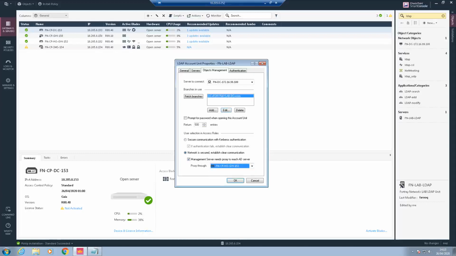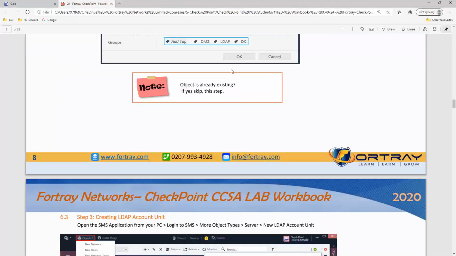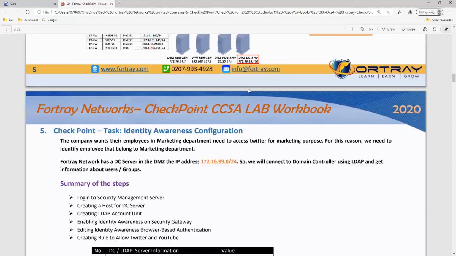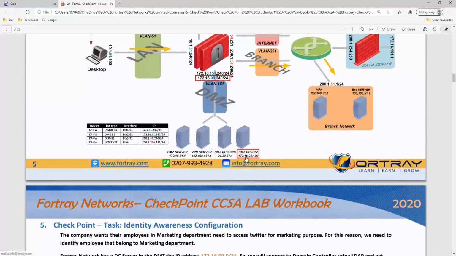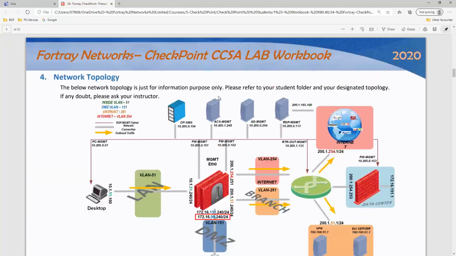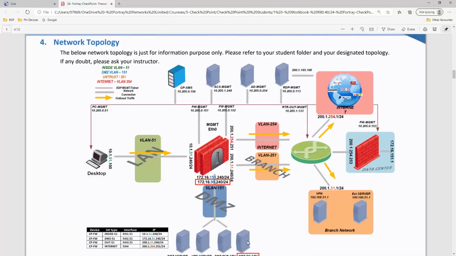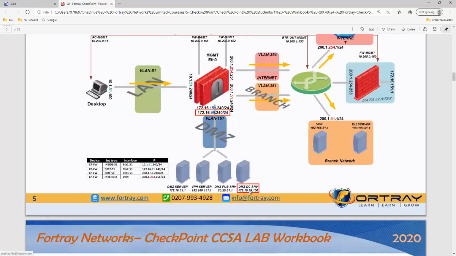The reason is, if you look at the diagram we have, our AD is at 172.16.99.100. We are configuring things on our SMS. SMS is in a different range, 10.20.50.254. So they do not have direct reachability to this side.